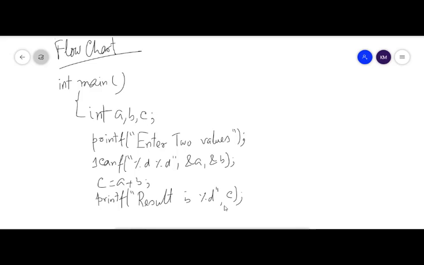So as you can see, I have written a very simple code in which we are taking some values from the user and trying to add them. That is a very simple code. So I'm trying to write down the flowchart side by side,